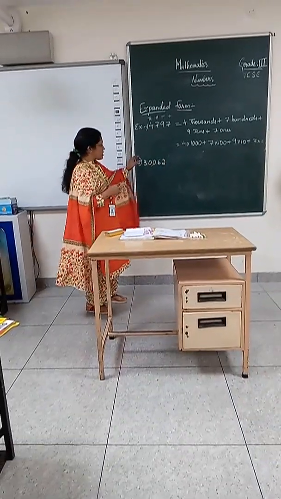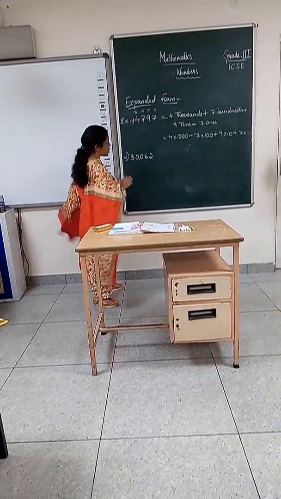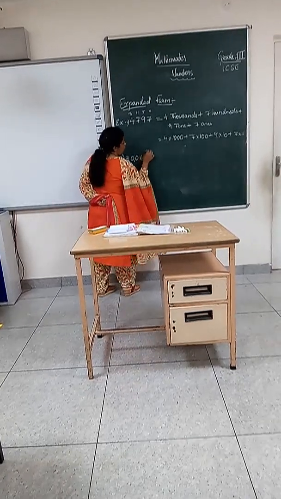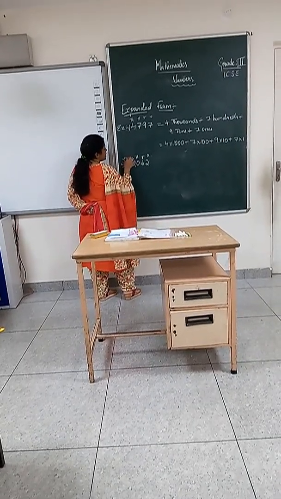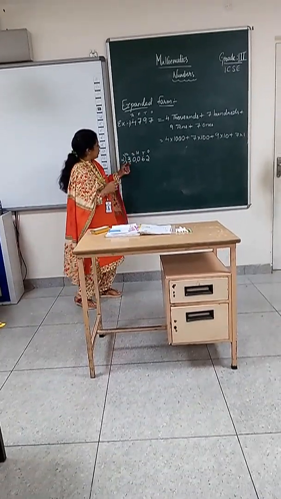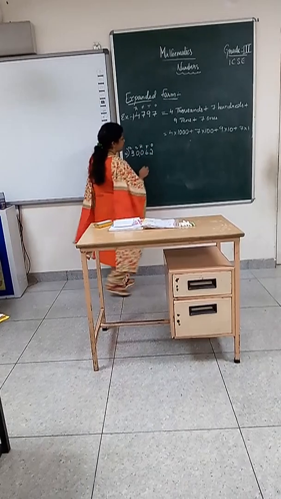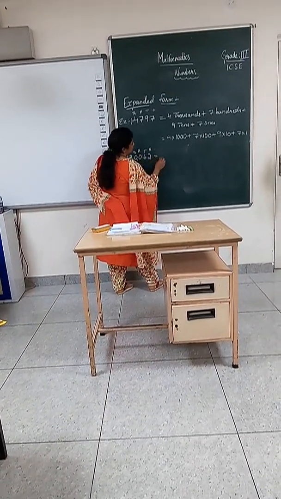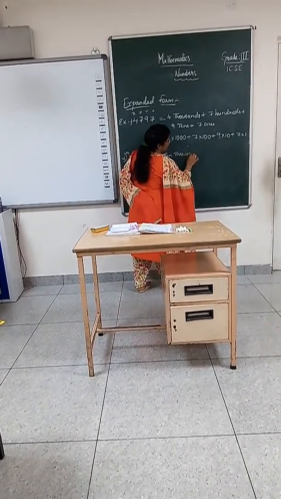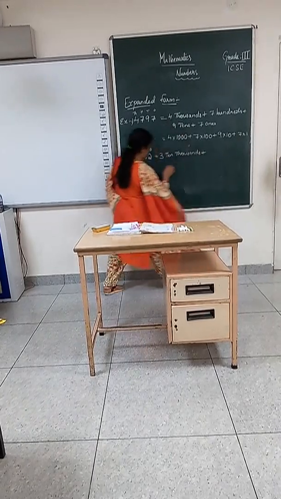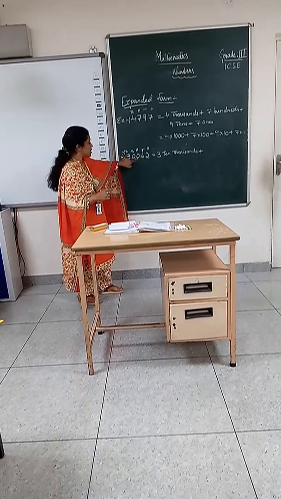Okay. So once again, now the number is ready. It's 30,062. So let us write first their place values. Ones, tens, hundreds, thousands and 10,000s. So now after writing the place value, children, shall we start to expand? Yes. Come. So therefore that is 3 10,000s plus, now you can observe here, it forms a 0 thousands and 0 hundreds.